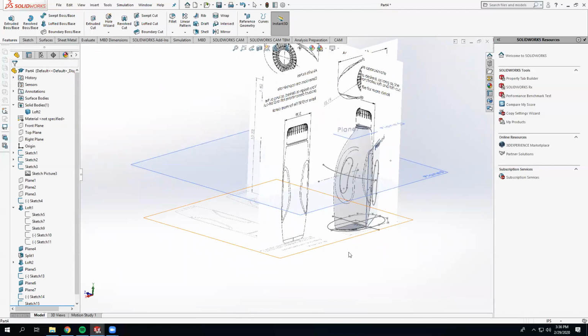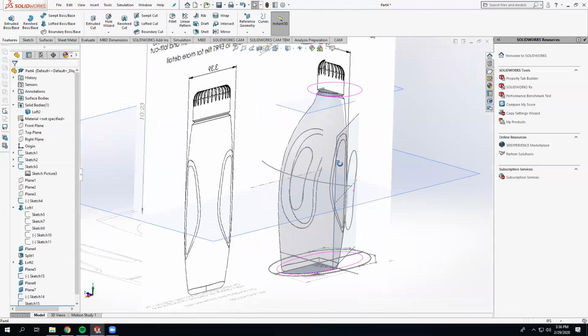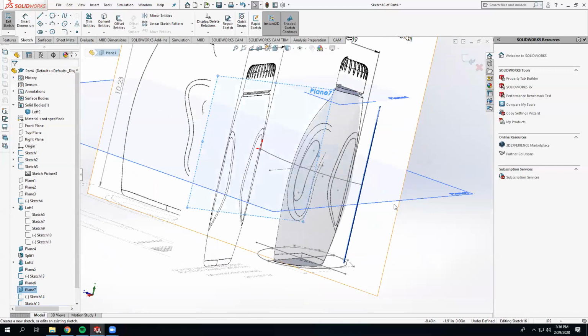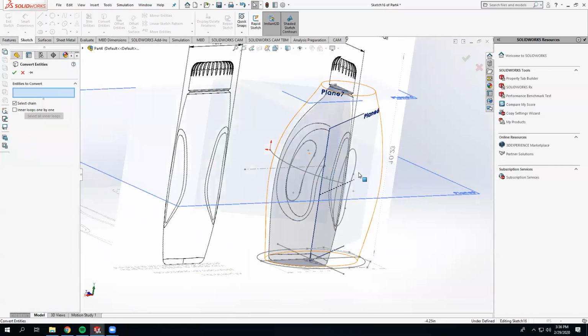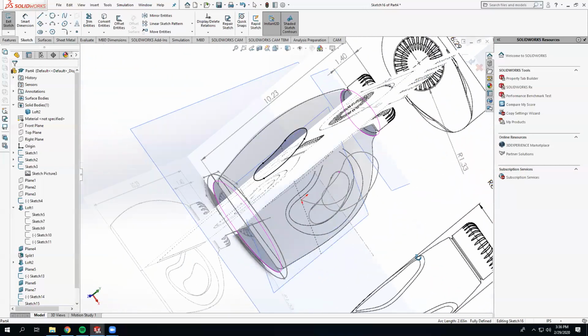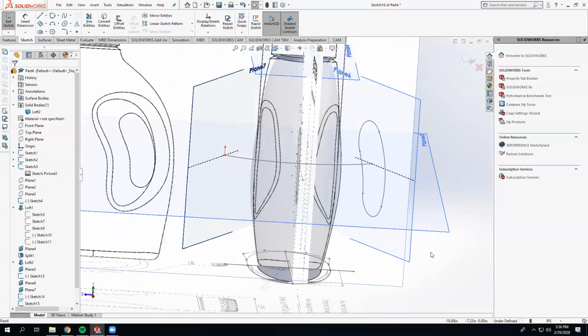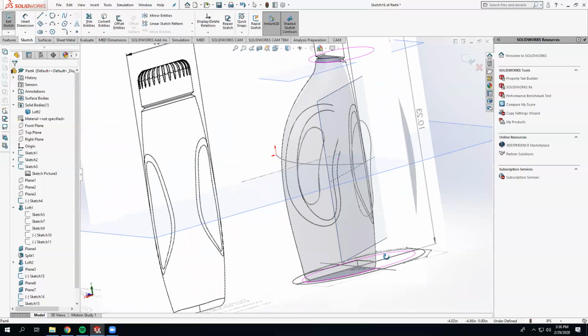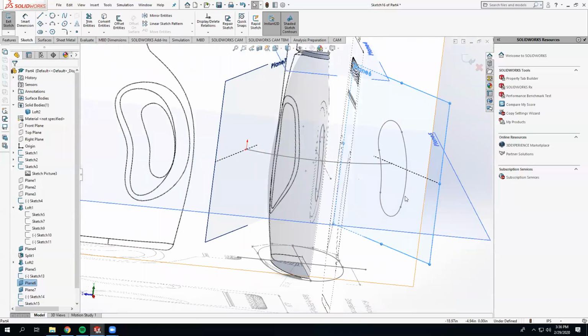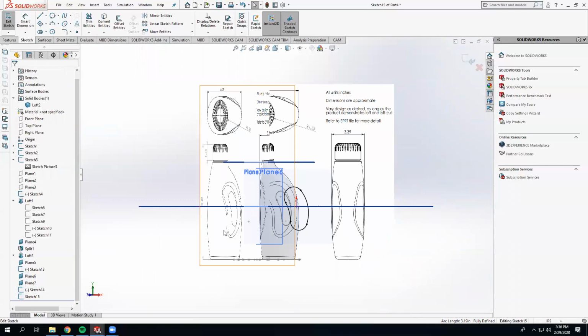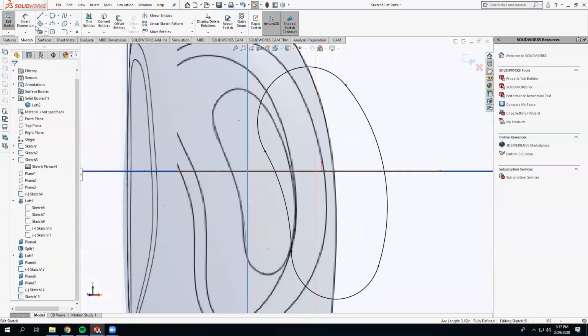And then I will do the same for the other one. But I'm gonna see if I could do sketch, and then let's see if I could do convert entities of this one. Yeah, no, I was gonna take it in the other way. Then in this case, let's see what I can do to place that sketch exactly in the right direction. What I need to do, I'd like some kind of reference here. So let's say that